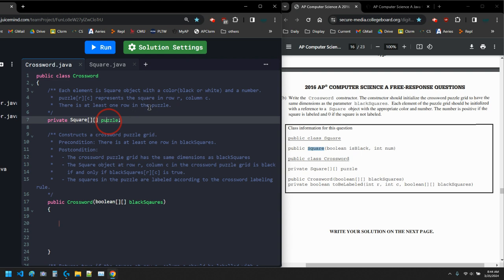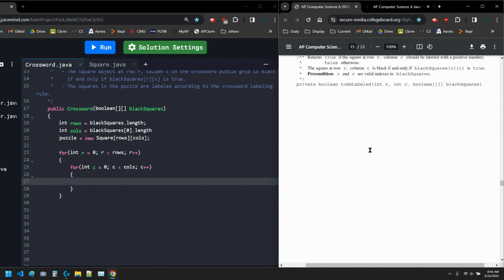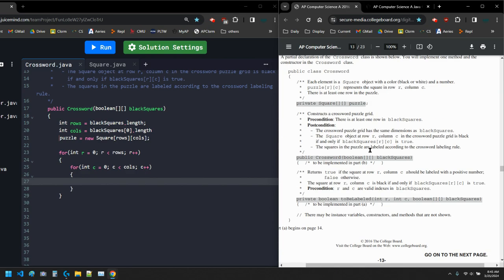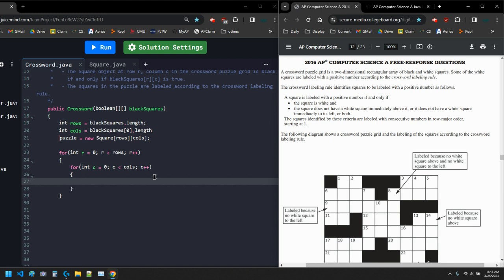And they're parallel arrays basically, so I'm going through both the black squares and the puzzle. So I have to be labeled I need to use, and if it's labeled, I need to have the number. So I need to count or something, right? So if I look at this, I have the